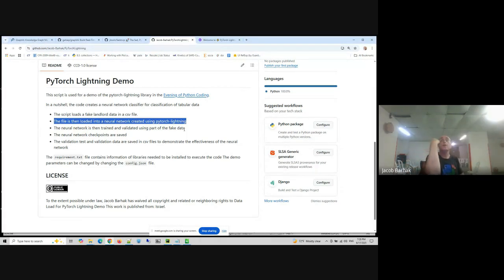We show it this landlord, and then we tell it this landlord is risky, this landlord is normal, this landlord is adventurous, and so on and so forth. We do this many, many, many times, and then the machine learns. It's being trained on the data. After we've done that, we can validate the data.